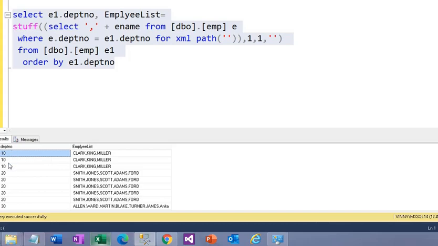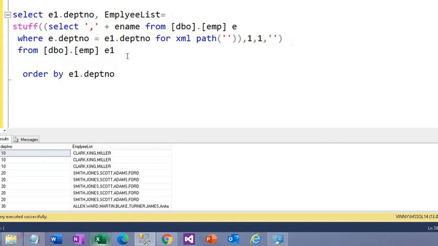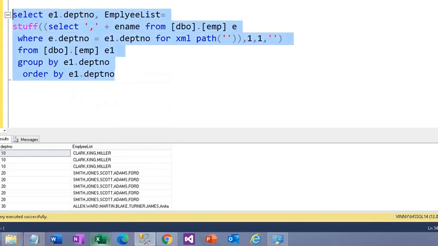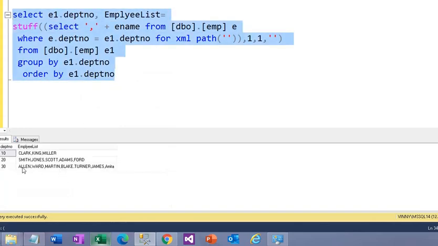For department number 10, I have 3 rows. So we just need to use a group by. So I am removing this duplicate value by grouping it by department number. Okay, so let's run this. Now as you see, we don't have any duplicate records here.